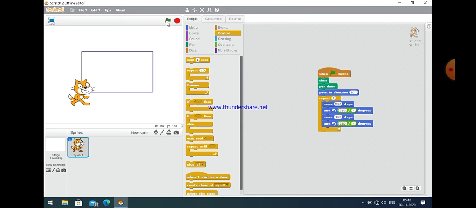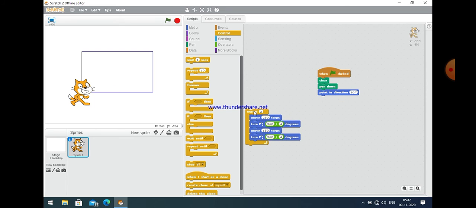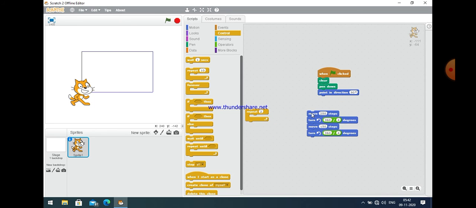Now I think it is clear to all of you how to create a rectangle. Always remember that in this case we just repeat it 2 times, because two adjacent sides are already created. So 2 plus 2 means 4. If we execute this command 2 times, then all the 4 sides will be drawn on the screen.